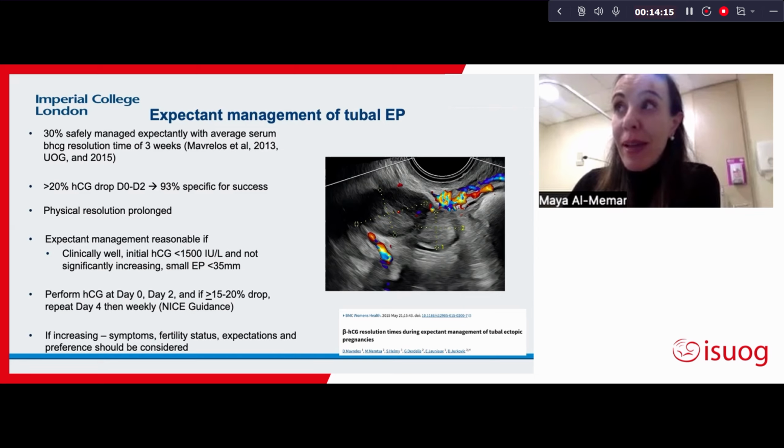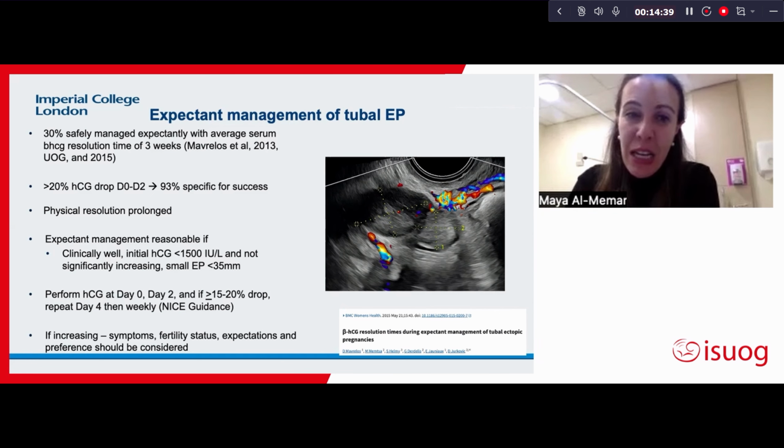You would perform a serum HCG and repeat this on day 2, so at 48 hours. And if there is more than a 20% drop in the HCG, you can predict that expectant management will be successful, and that this is 93% specific for success of this management. Often the HCG levels drop, but if you choose to repeat the ultrasound scan, it takes a bit longer for the actual tubal